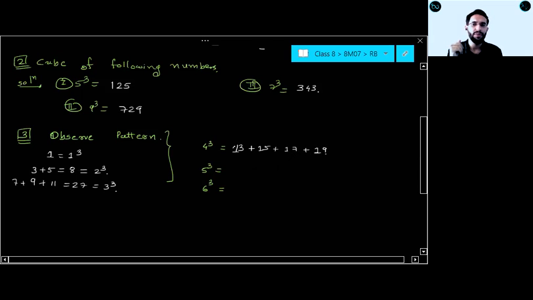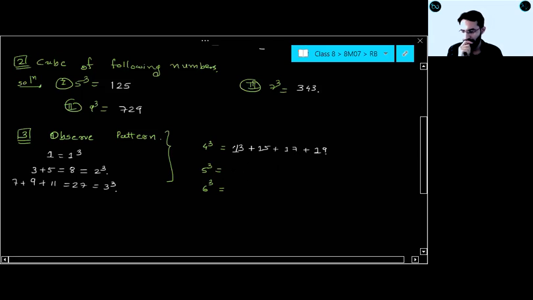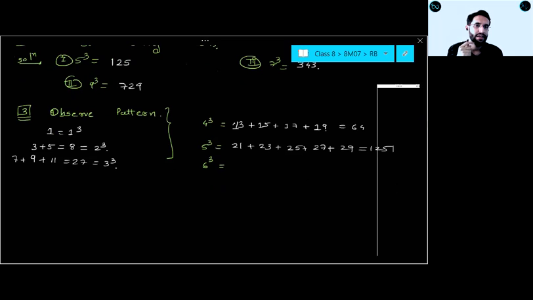Right. Tejas, can you tell me for 5 cube? Yes, sir. Tell me. 21, after 19, yes. 21, then 23, 25, 27, 29. 1, 2, 3, 4, 5 or not? If you will add, what you will get? 125. Right. Who will tell me next?